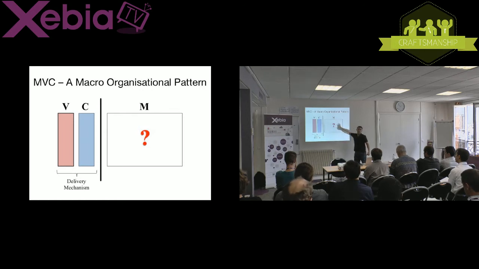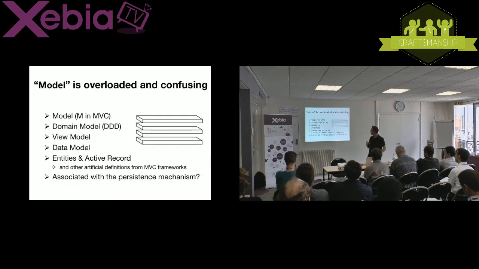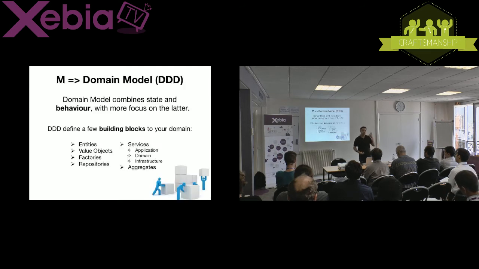The question is, what is this? Model is a difficult one. Model is very confusing when you talk about model. What is model? A lot of people say, oh, it's the model in MVC. Right, yes, sure. But is it how we model? Is it the domain model in domain-driven design? Or is it view model, data model, entities and active records? Is it what you persist? It's very confusing. I like to use my model as the domain-driven design,